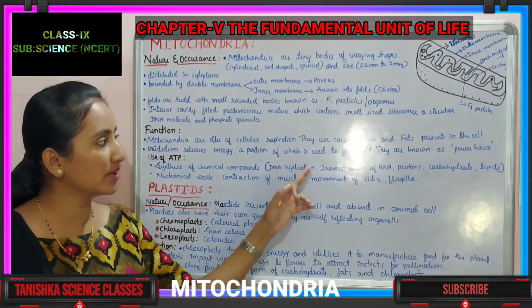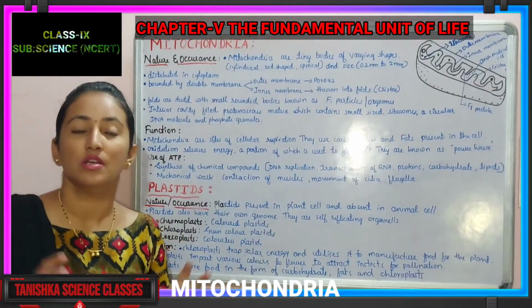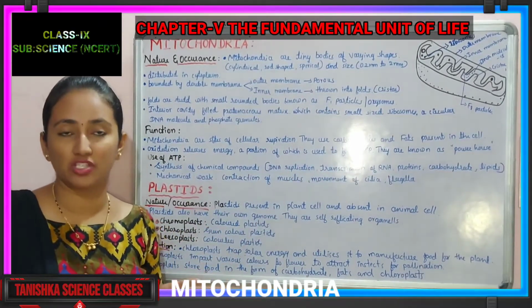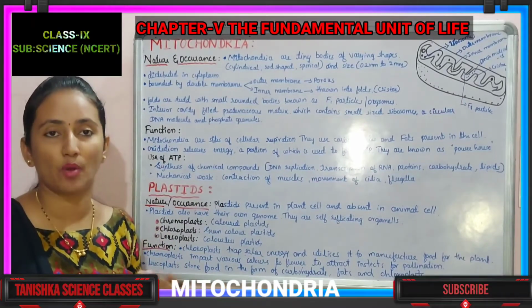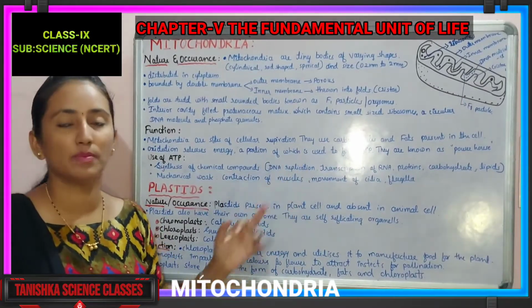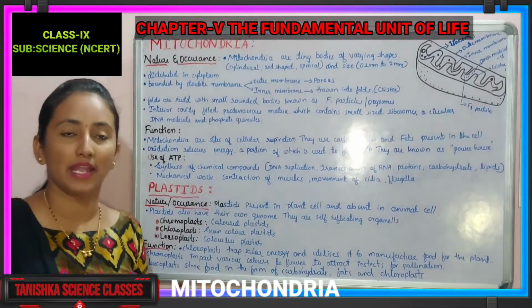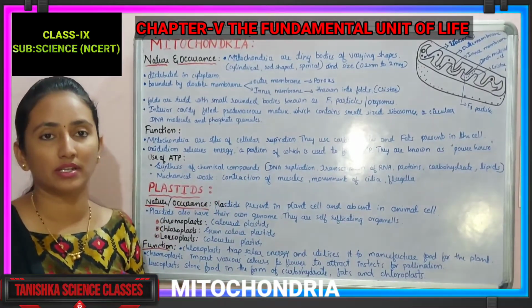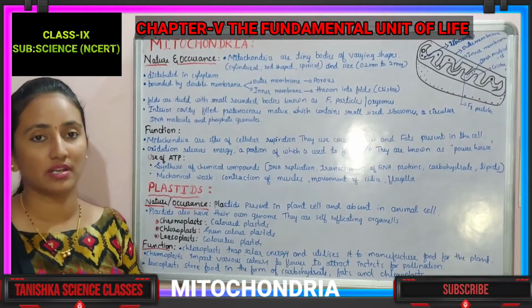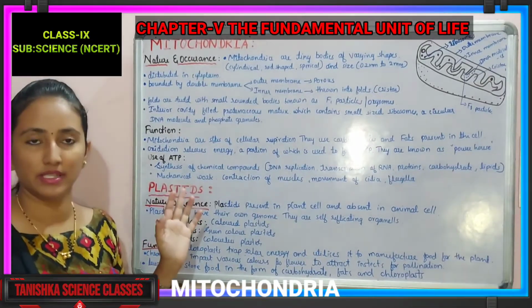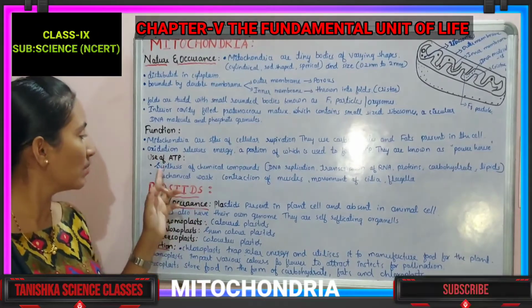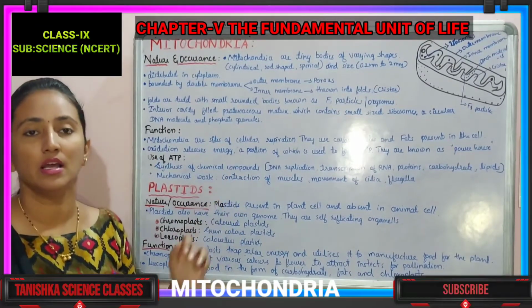So those ATPs are called power banks, and the mitochondria are called the powerhouse because they contain the excess of energy. Whenever our body requires energy, ATPs will provide it. Understanding? The long form of ATP is adenosine triphosphate. They help in various functions. The first one is the synthesis of chemical compounds.